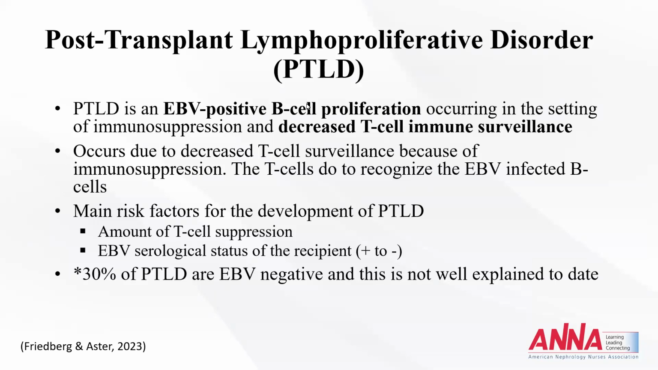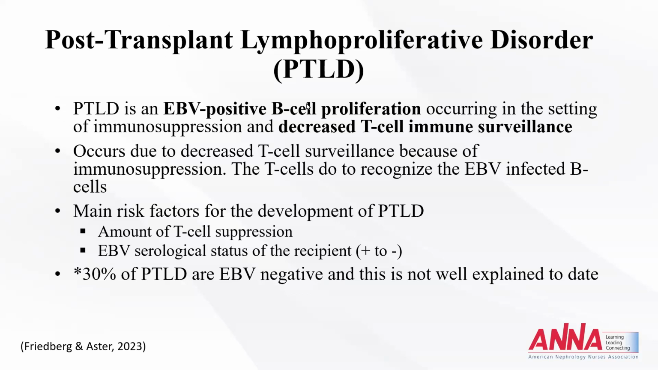So now let's talk about the scary one that we see from EBV called post-transplant lymphoproliferative disorder, PTLD. So PTLD is an EBV positive B cell proliferation. It's occurring in the setting of immunosuppression, and it's mainly due to decreased T cell immune surveillance. So let's take that and make it into common sense terms. So you have EBV